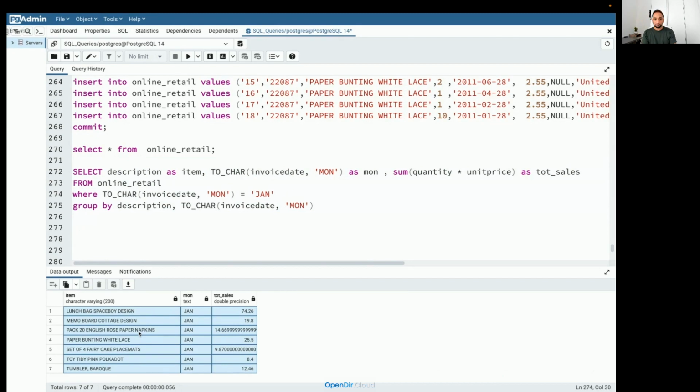Max. I can use max, okay, no problem. But there is a better way of doing that, because if I use max, I need to use a subquery, where from this result set I fetch the value with the max of total sales, and then I use the outer query to fetch that data. So a subquery would be unnecessary in this case. A better way of doing that is by using rank, because for rank I don't need a subquery.